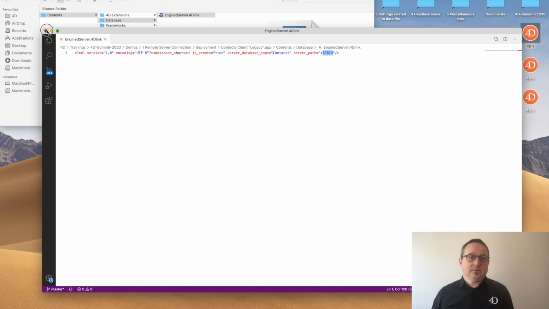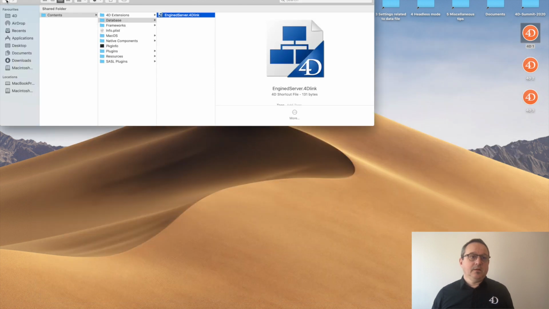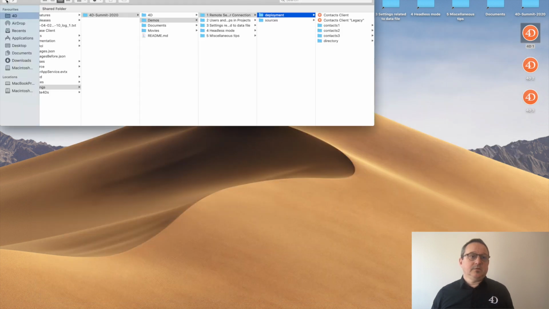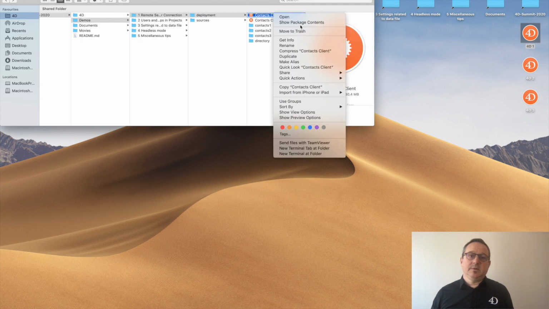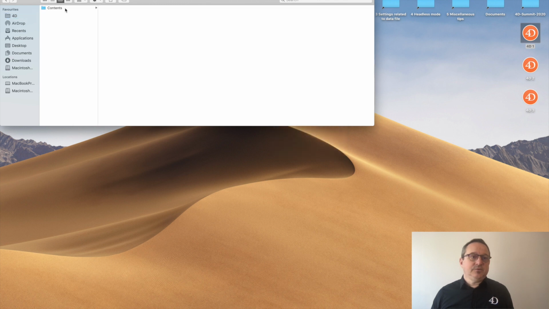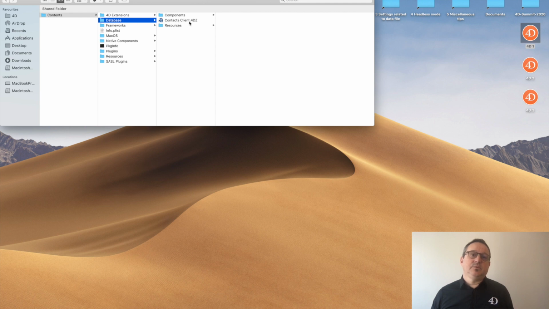So it's the legacy behavior, but the contact client database that I just built with the connection application is different, because in the database you can see you have a database which will be executed at startup.